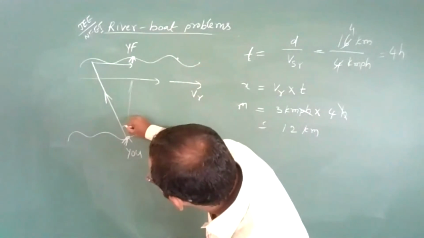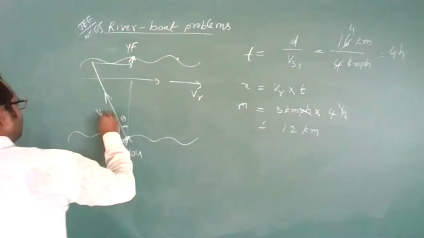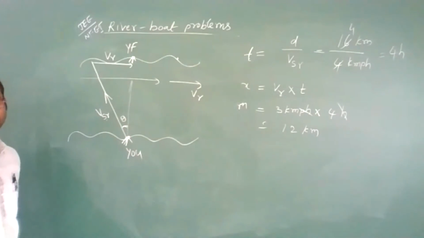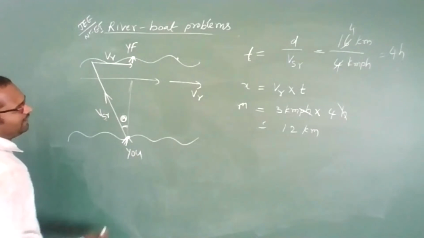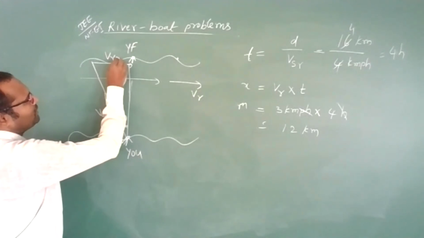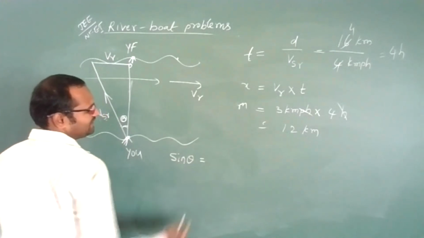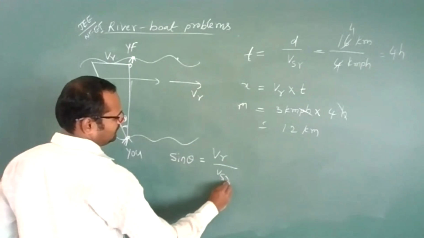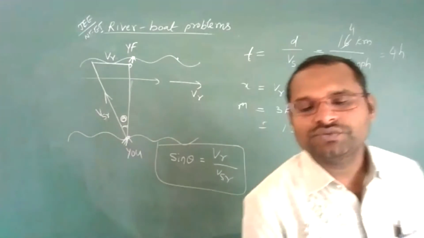Okay, clear? So how much angle do you have to swim? This is the velocity of swimmer with respect to river. This is the velocity of river. How much angle do you have to swim? They will give this value and this value, and they will ask you this angle. Okay. See, here it has come to a right angle triangle again. We know the opposite side, we know the hypotenuse. Then can you find sin theta? Yes, sin theta is equal to opposite side upon hypotenuse. You will get the answer. Did you understand, students?